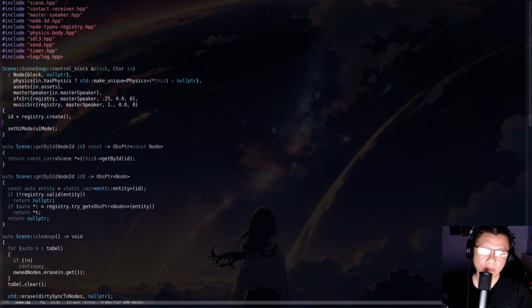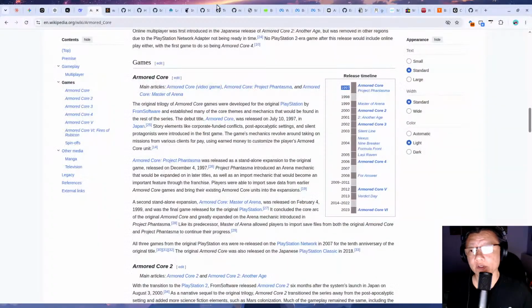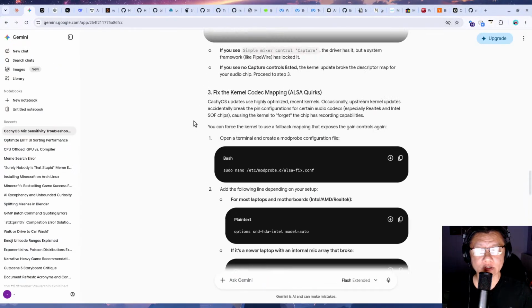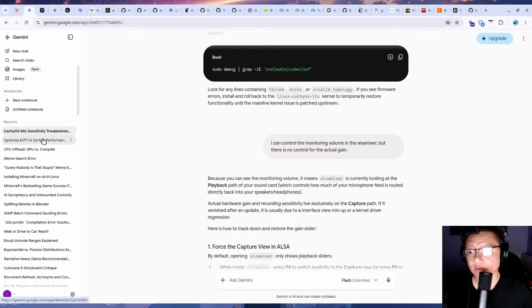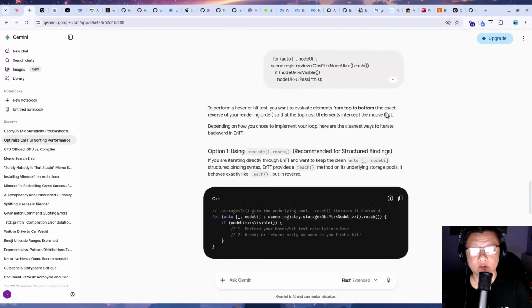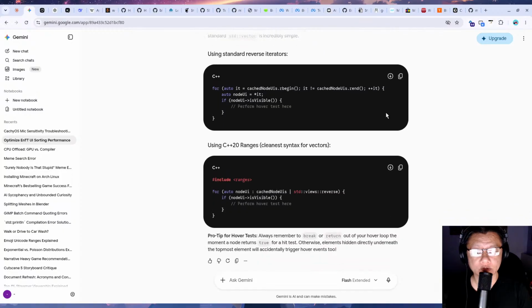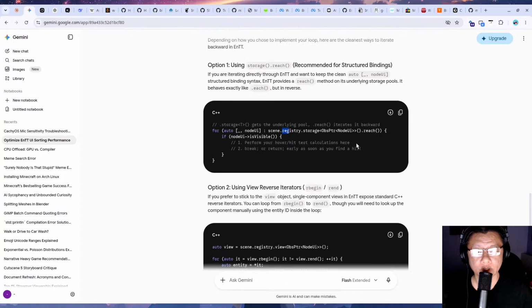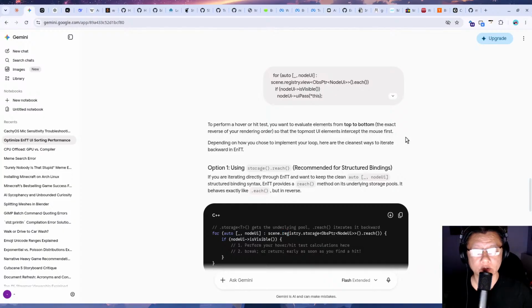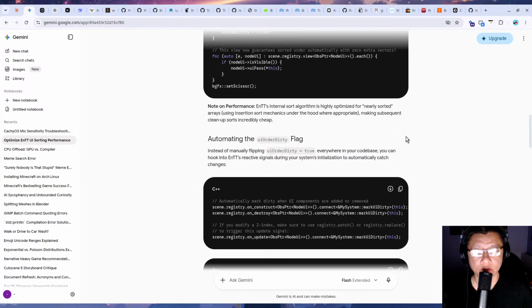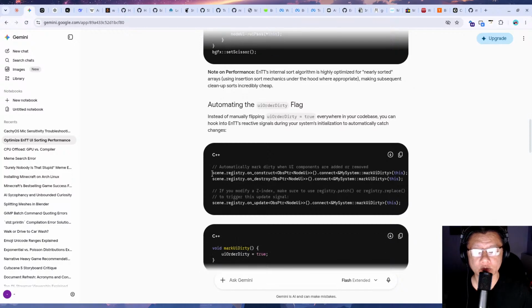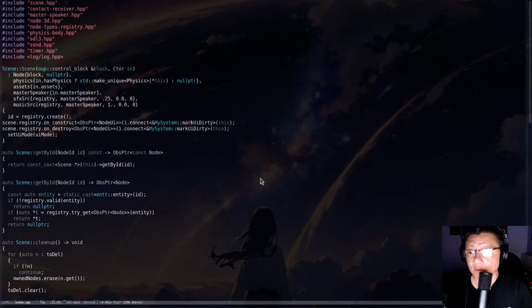Okay, so let's look at what Gemini said to do with that. It's like there is some code to register. I don't know, where is it? Like register callback. Yeah, that one. On construct, on destroy. So I just need to take that registry